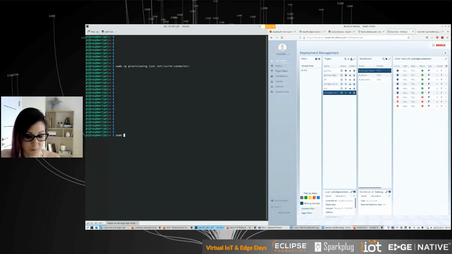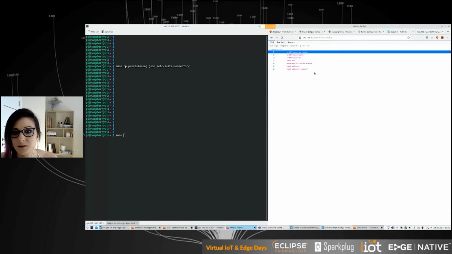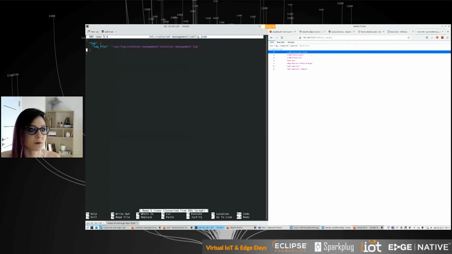First, actually, we will add one insecure registry because I have all the images in a local registry, where you can see that I have different images already here. So let's configure the container management to have this image registry as an insecure one. Just plain. Okay, to do that,